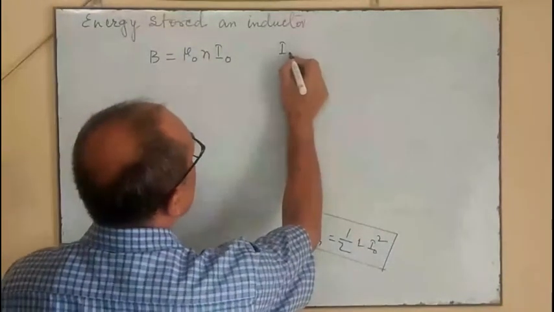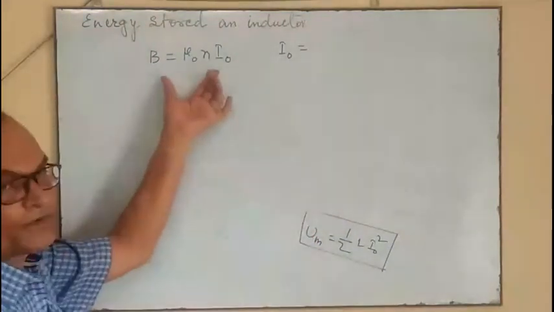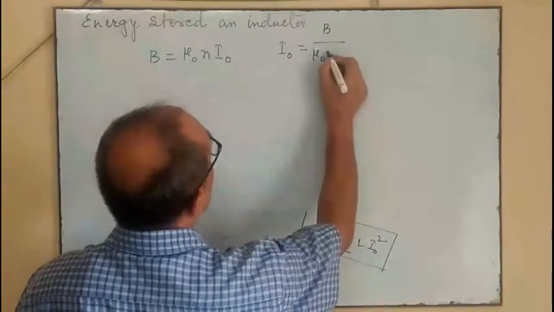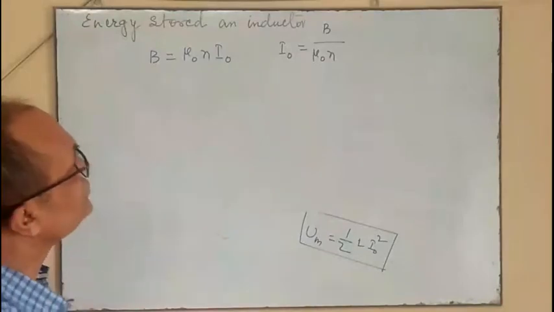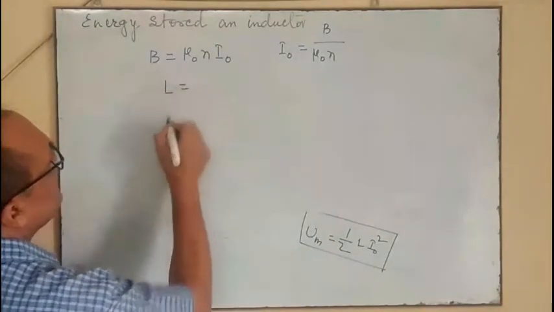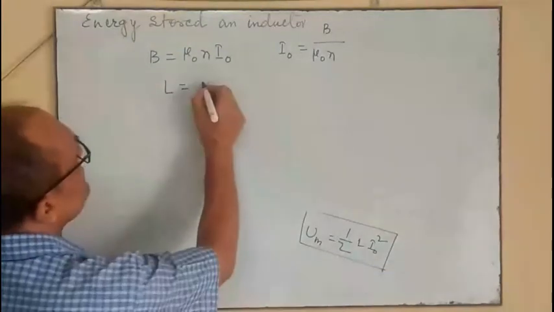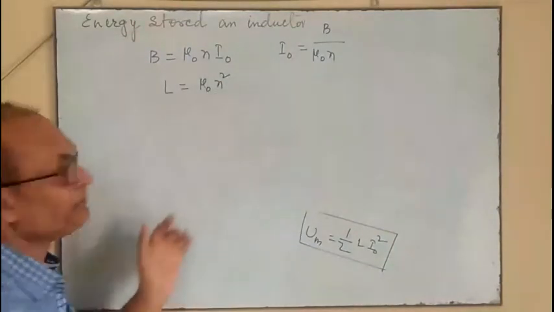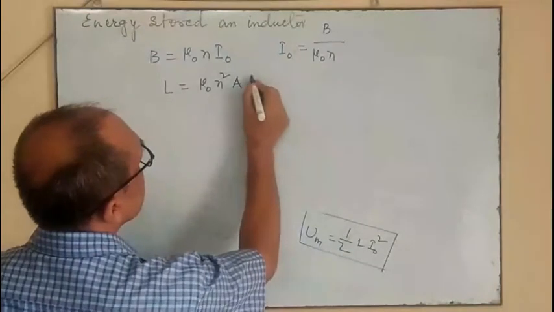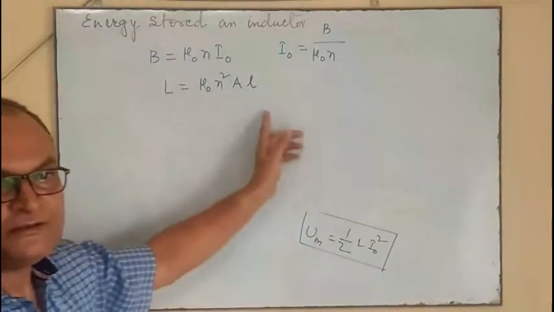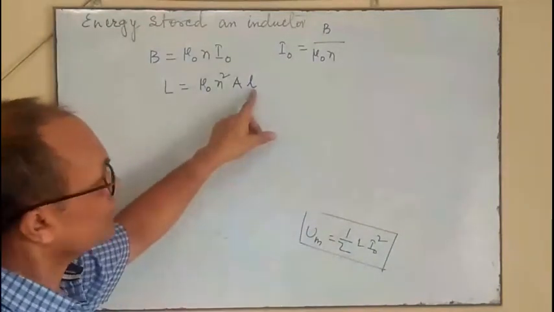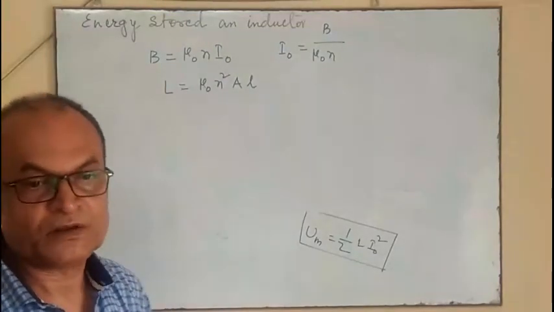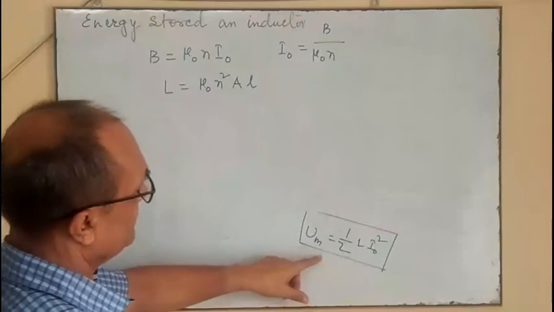So I naught equals, from this equation, B by mu naught N. We also know that the self-inductance equals mu naught N square A L, where this L is the length of the solenoid, the length of the inductor, and A is the area of the solenoid or the inductor. Putting all this in this one,